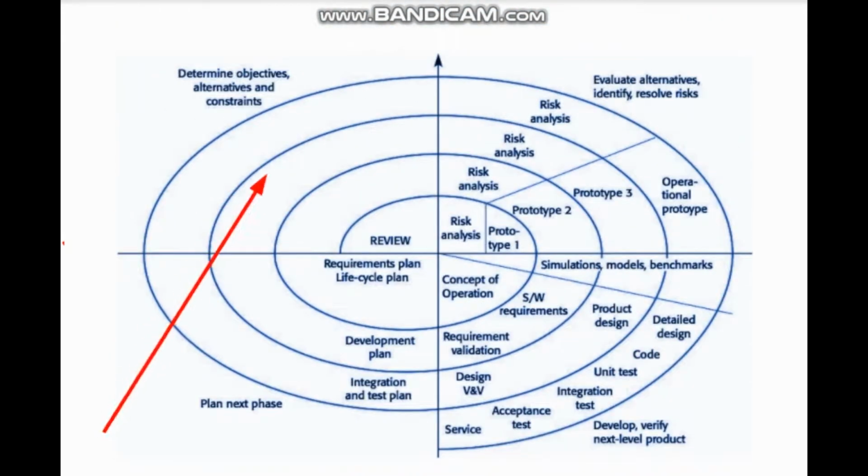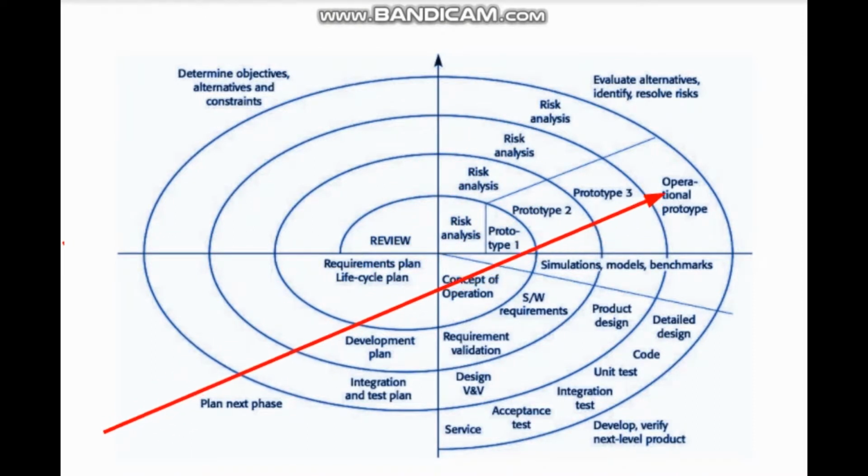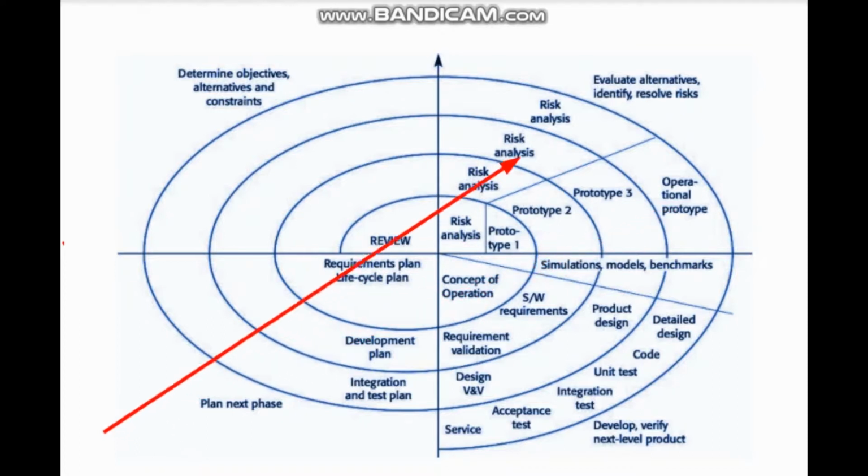Alright, this is the first quadrant. In the second quadrant we do risk analysis and prototyping. This is the final prototype. During the second quadrant, it will provide us some models and some benchmarks at each phase. Then in the third quadrant we go for what? Designing, development, validation, verification and testing. This is the last phase, hence we go for integration testing and entire system testing. So in the fourth quadrant we decide whether to repeat the process or whether the final system is obtained. Clear to you?